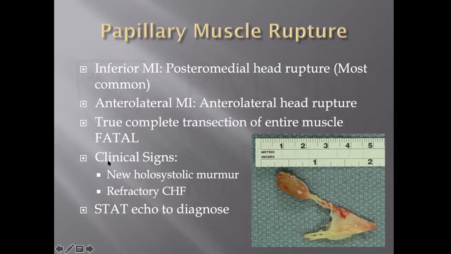Patients may present with a new systolic murmur, but sometimes the mitral regurgitation is so complete that there's just not that much of a pressure difference, and you may not have as impressive a murmur as you might think. So the absence of a murmur doesn't exclude this diagnosis, but it's the refractory heart failure that should clue you in. If you have a patient that suddenly gets horrible pulmonary edema or cardiogenic shock out of nowhere, get the echo, and keep in mind, what does the mitral valve look like? Because this is a very common complication among patients that have mechanical complications.